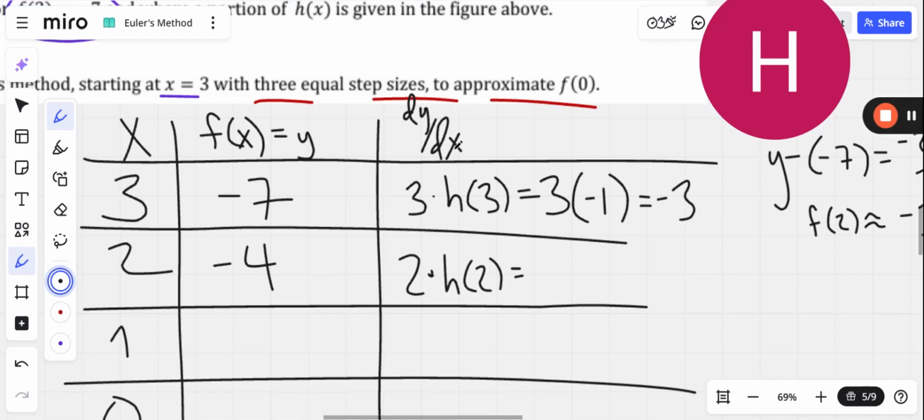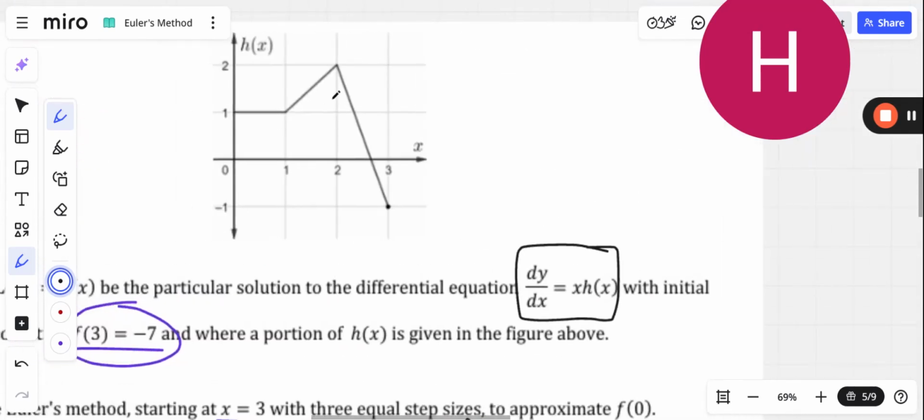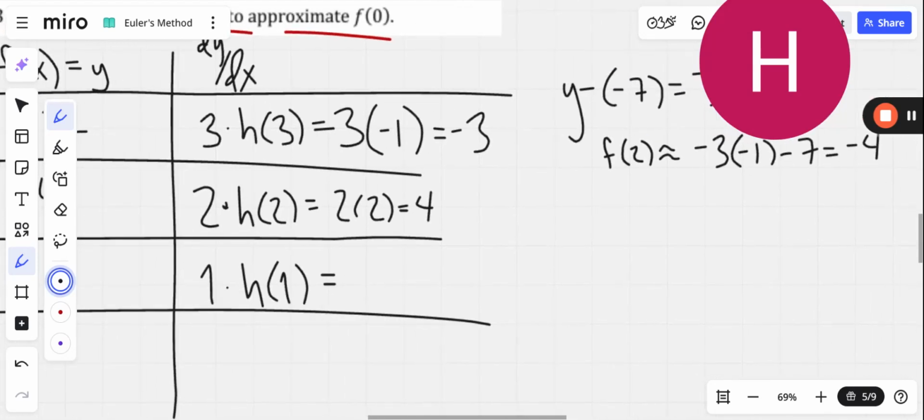See how because the derivative comes from the graph, these two things can be done simultaneously. They're kind of independent. In fact, I could write out dy/dx for all of these already. This is 1 times h of 1. I don't need the y value for it. Okay, so 2 times h of 2 is going to be 2 times 2, which is 4. So we can approximate by saying y minus -4 equals 4